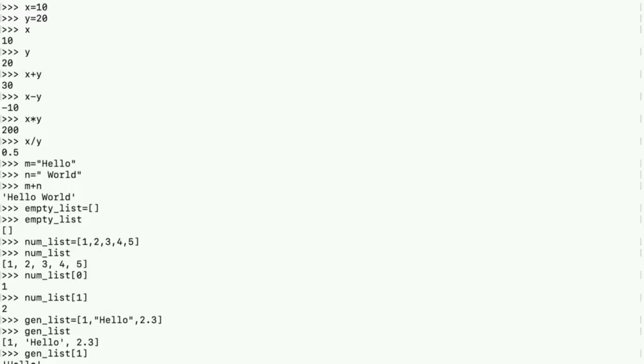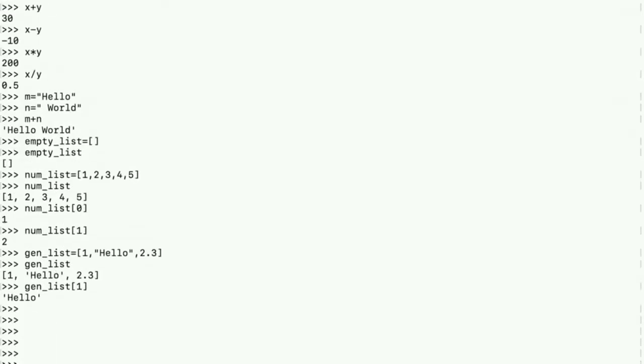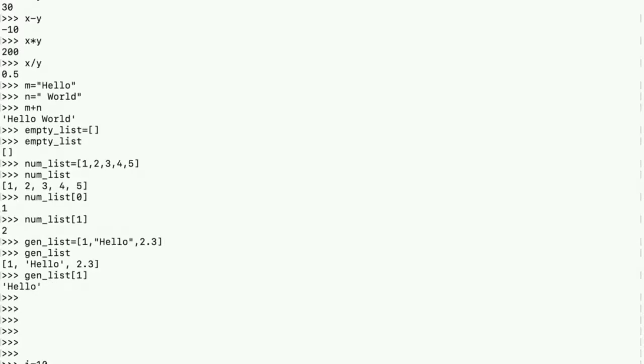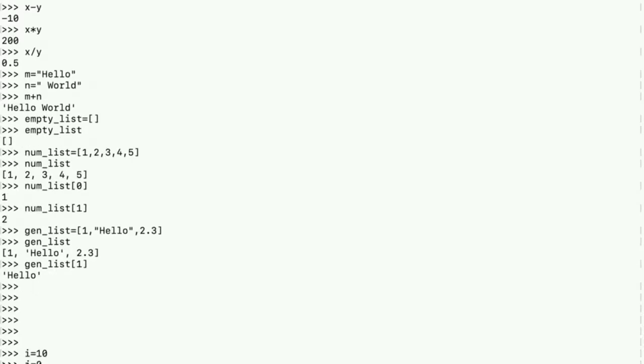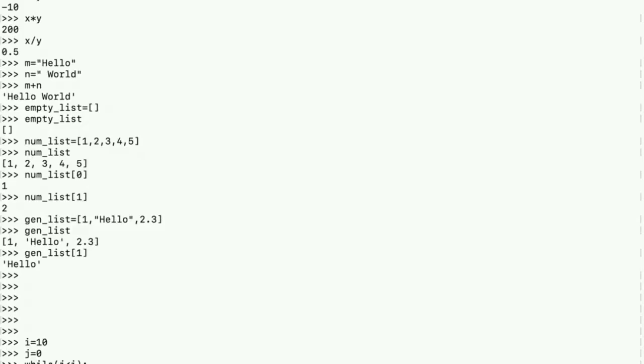Now let us see how while loops work in Python. I'm going to declare i as 10 and j as 0. The syntax for while is while, and this is where we mention the condition. I'm going to say while j is less than i, colon, enter, and we need to give a tab.